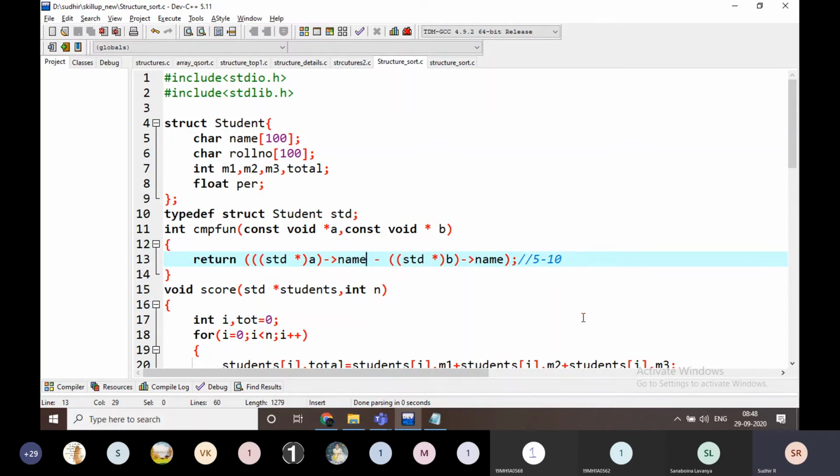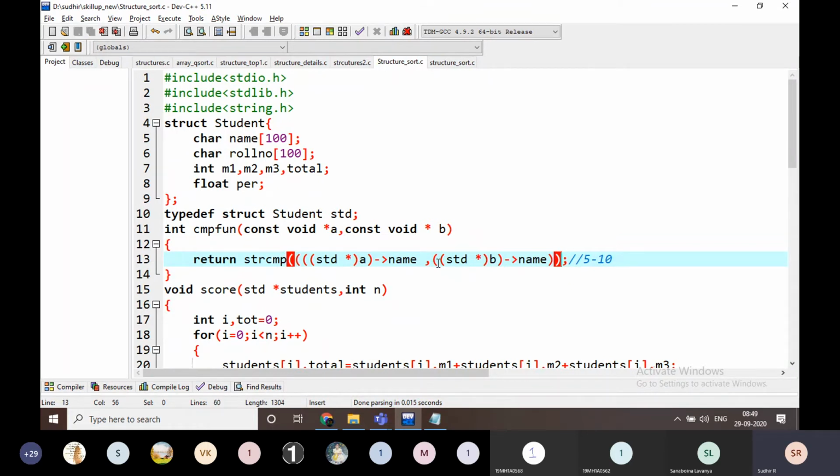Is subtraction of this one enough? But if you are dealing with strings, we have to write string.h as include, and I am going to write here the comparison method of these two things. strcmp of, this is not a minus value. I am going to separate with comma here.